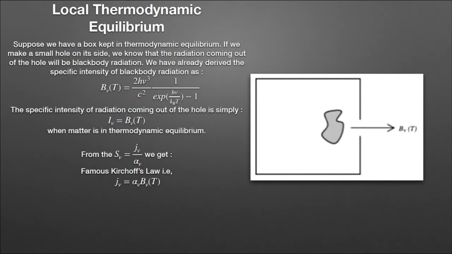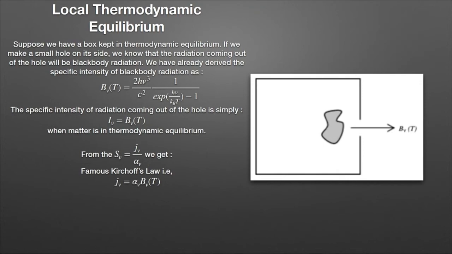Its inverse, 1/alpha_ν, gives the distance over which a significant part of a beam of radiation would get absorbed by the matter. We generally define this distance, 1/alpha_ν, as the mean free path of photons, since this is the typical distance a photon is expected to traverse freely before interacting with an atom. So the smaller the 1/alpha_ν, the more efficient is the interaction between matter and radiation. And if it is sufficiently small such that the temperature can be taken as constant over such distances, then we expect Planck's law to hold good.